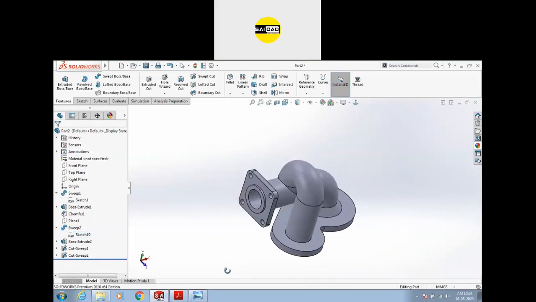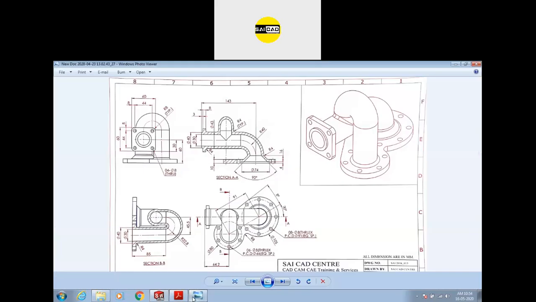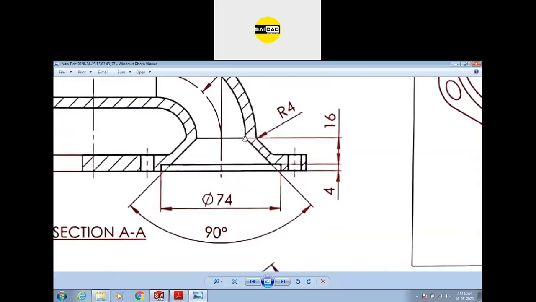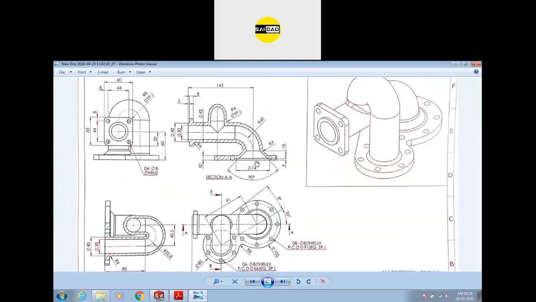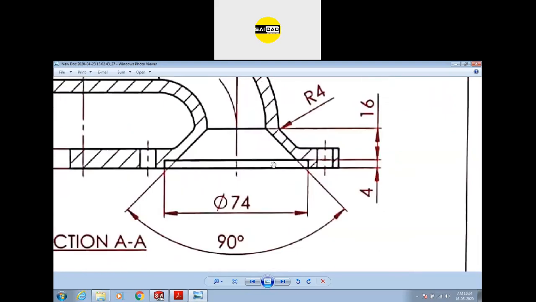Now we are left with some other options, like we need to create some fillets, and we need to create this hollow entity from here. You can see this is also at a taper, so we need to create that. We don't have this thickness, so I'm assuming this thickness to be 5 mm, and because this thickness is also 5 mm, there is a hole also that is of 74 dia.